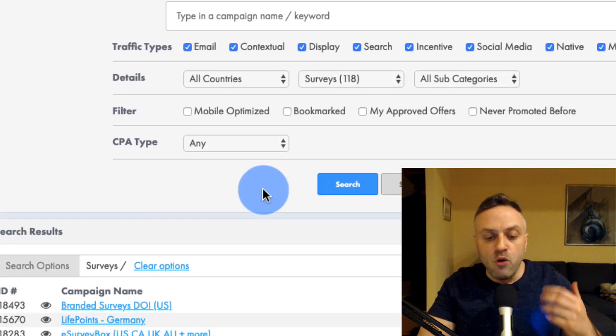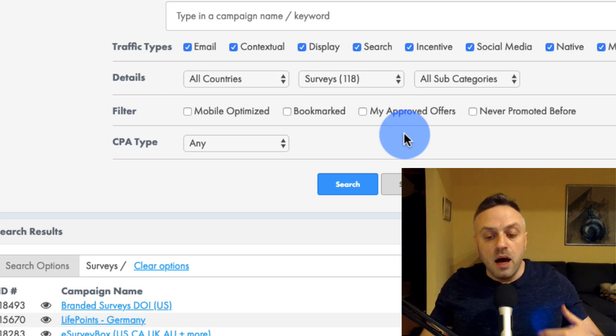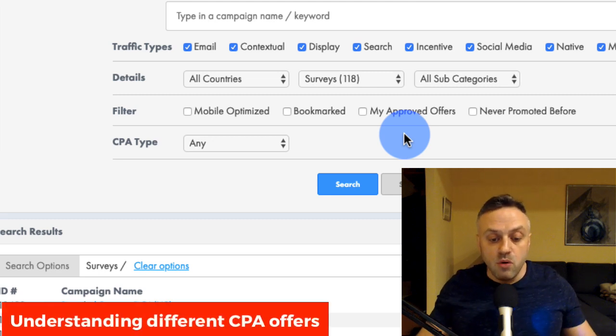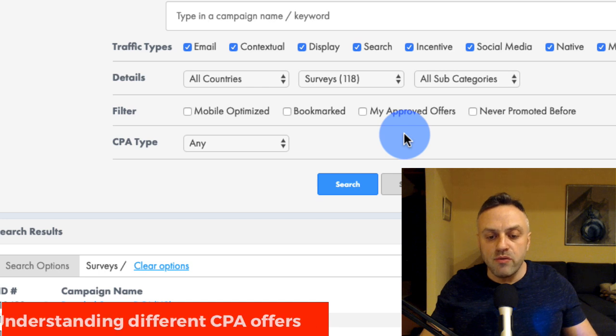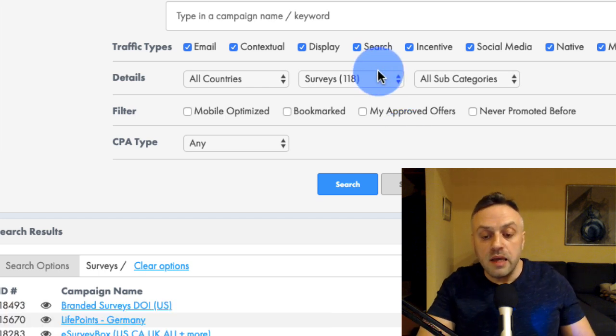Before I tell you exactly how you can advertise CPA offers without getting your account banned or anything like that, I want to first tell you that not all offers are the same. There are levels to it. Primarily, I like to categorize it into two or three different types of offers. Depending on what kind of offer you're going to promote, any kind of CPA offer, whatever it is, you will have a method of promoting it in this video.